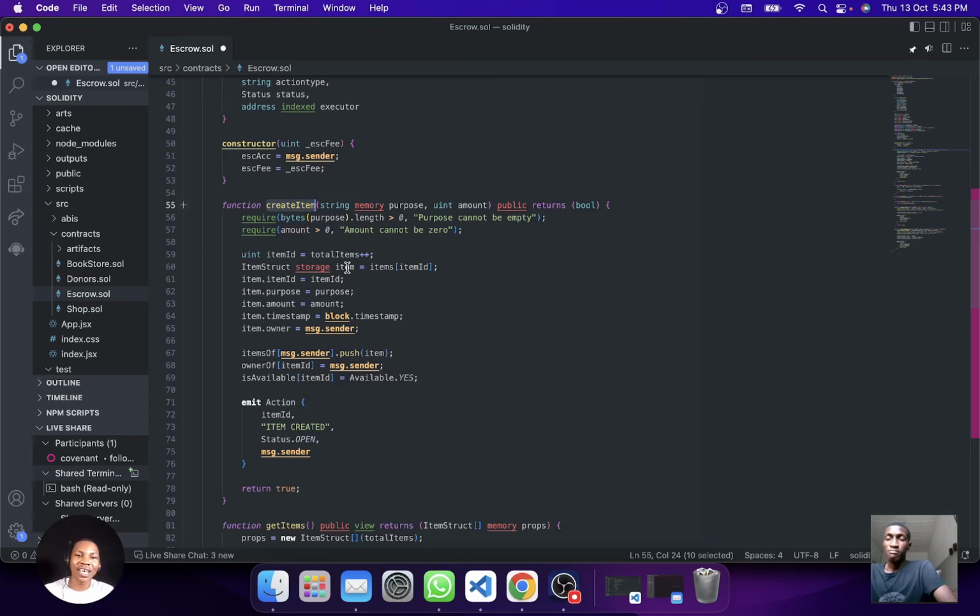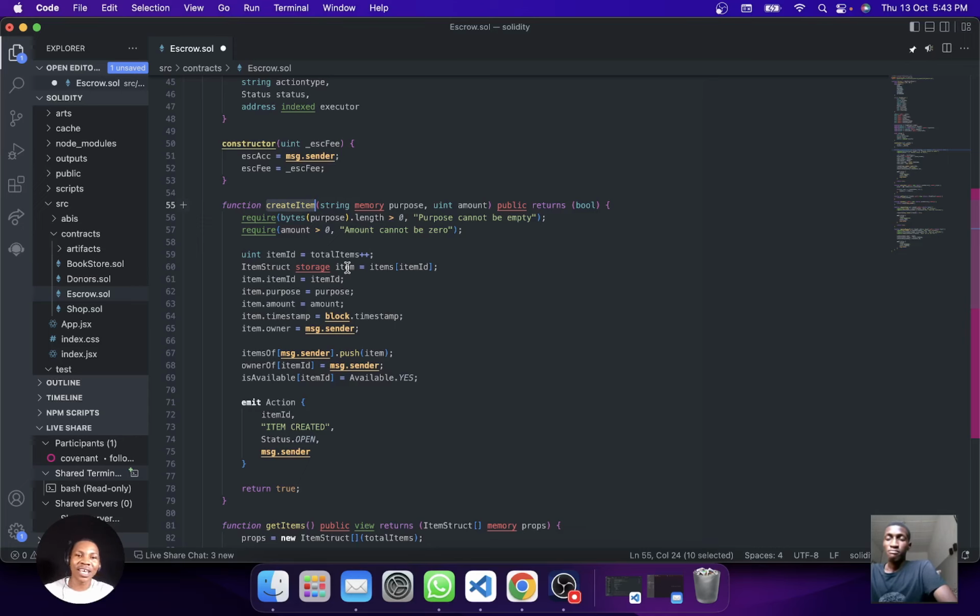So there is a person that wants people to supply him a certain item, and then he places that item, and the cost that he's willing to pay for that item, he also specifies it, which is by this amount that we're stating here. I'm going to make a little modification right now. And once he successfully creates this,